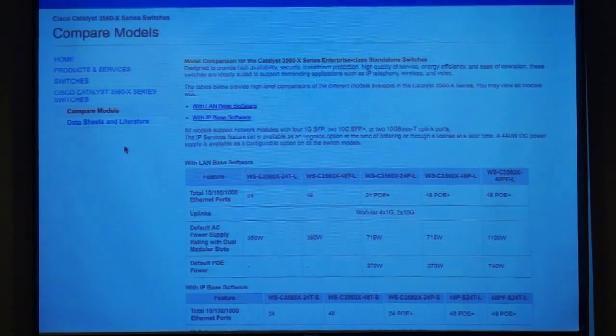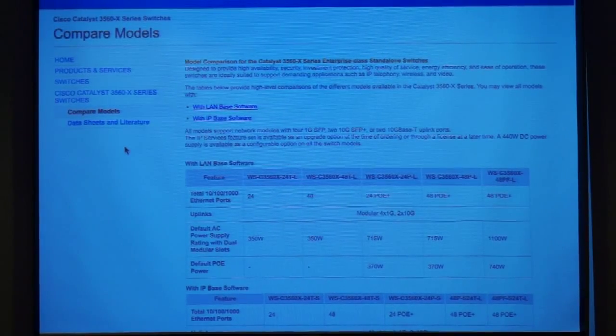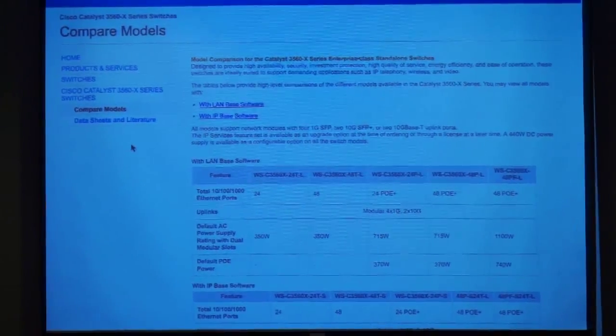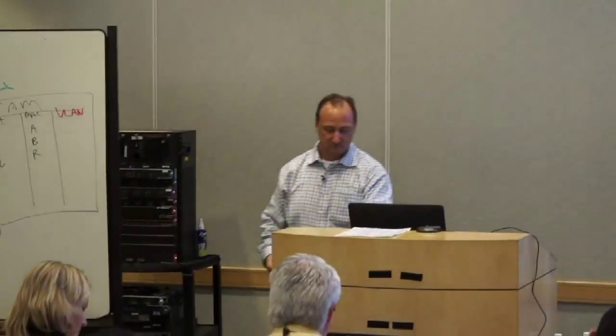You can order one, right? So I can order a LAN base, and then I can order an upgrade, about $2,000, and then make that an S, right? That's what you can do. So it's in essence buying a different switch. Or you could just buy the S anyway, right? But you would in essence change the part number of the switch that you had.